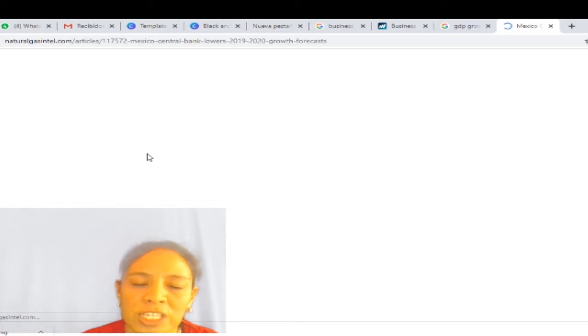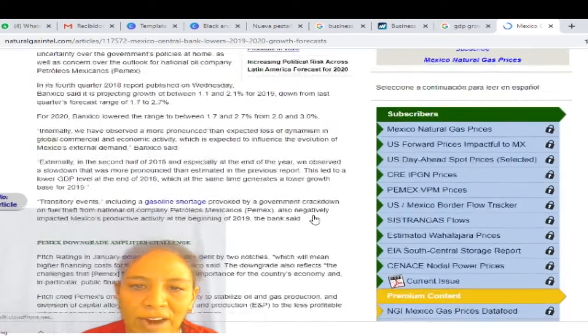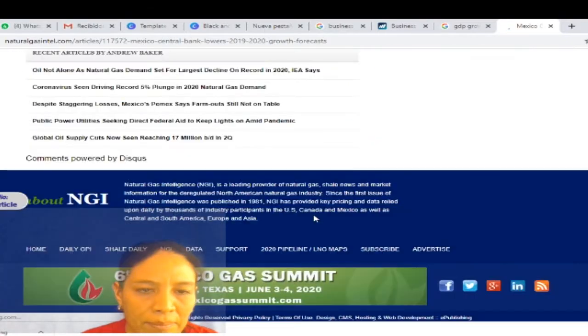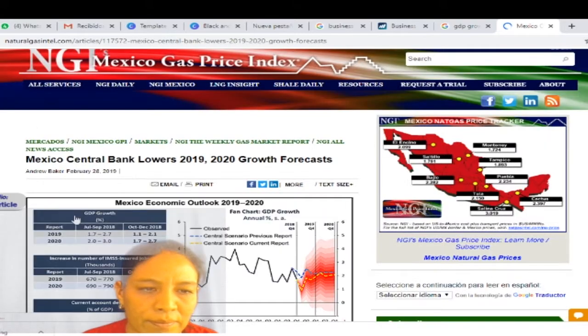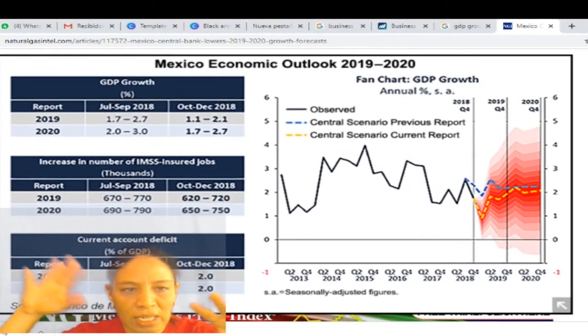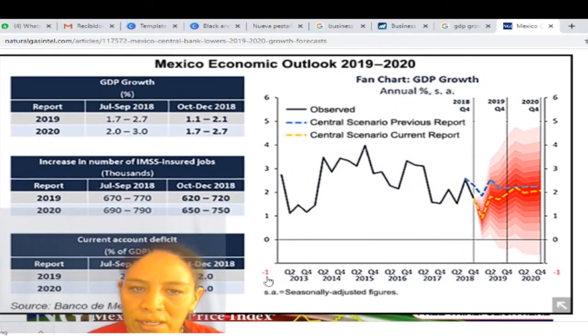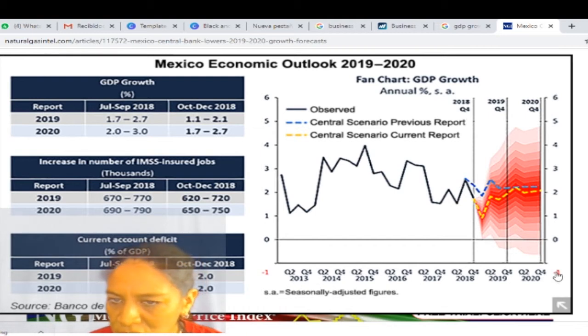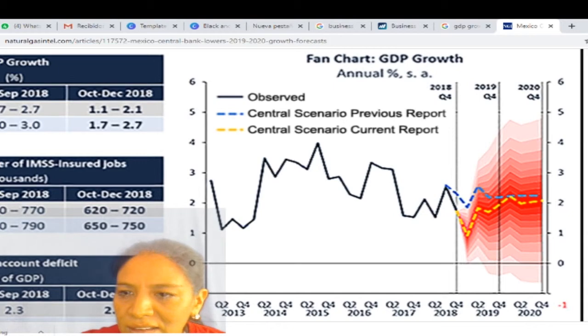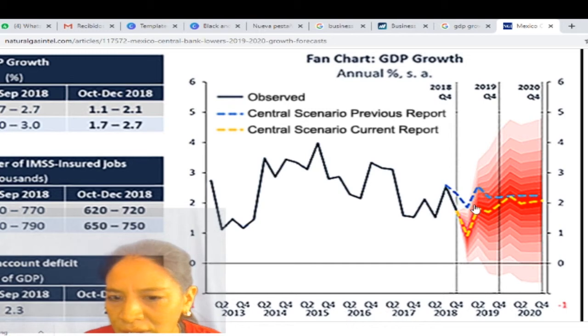If you graph all the GDPs over the years, you're going to get the graph that looks like a heart exam. Where is it? Oh, here. Right? You have this chart that looks like a heart thingy. Now here's 2013 and this is 2020. Obviously here they put all these forecasted lines because we still don't know how this is going to go. Here in 1918 we had a drop,